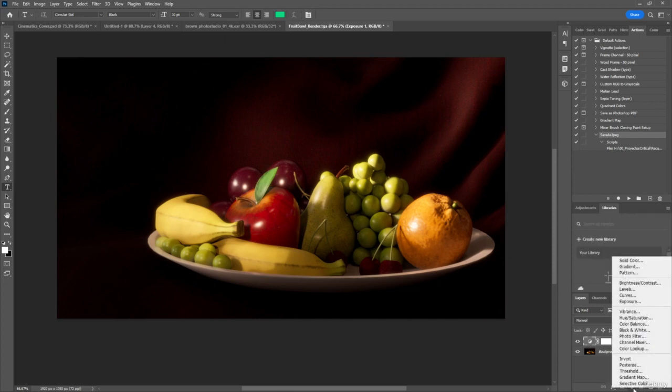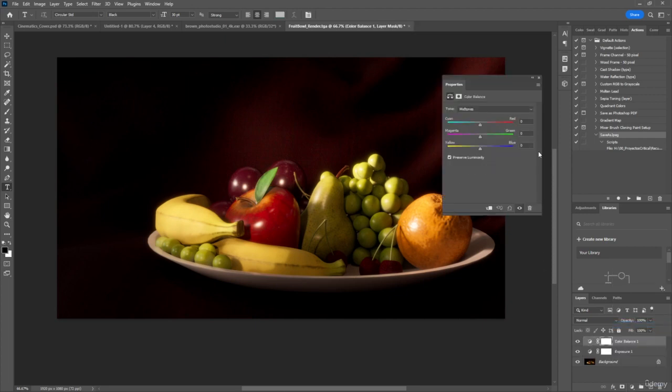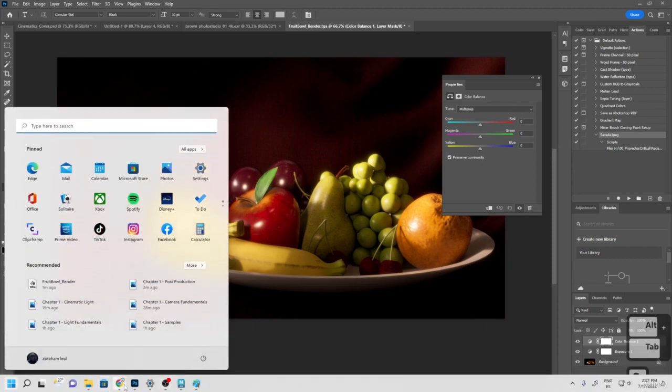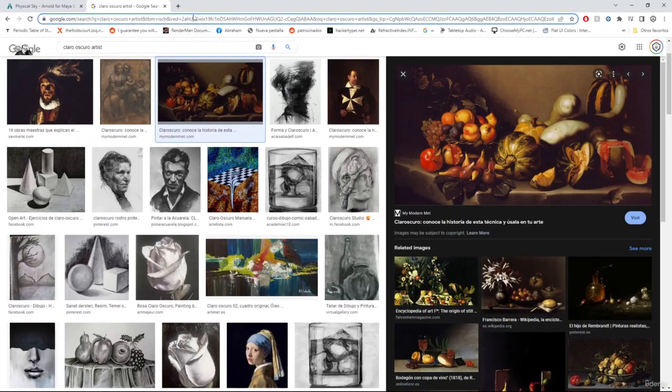And then we have one of my favorites, which is color balance. Color balance is a very basic layer that we can use to change the way our image looks. Now, color is super important in storytelling and in cinematography because it allows us to again tell different stories. Usually when